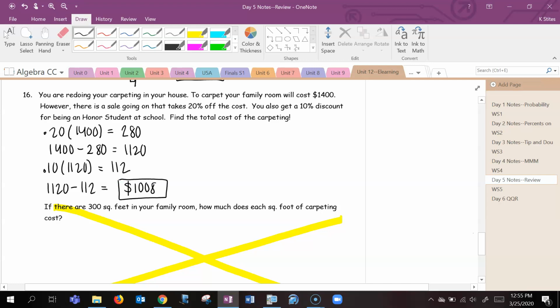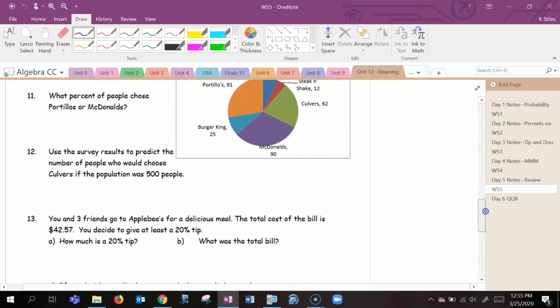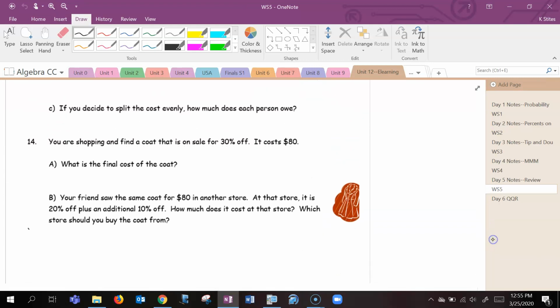All right, so there you go. That's everything that's going to be on your quiz tomorrow. If you flip the page, you have worksheet 5. And it is just front and back, and you are going to do the whole thing because it is a review for a quiz. All right, so go ahead, get that done and submit it,